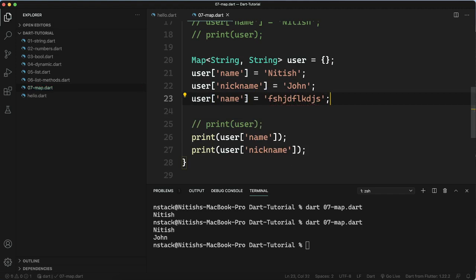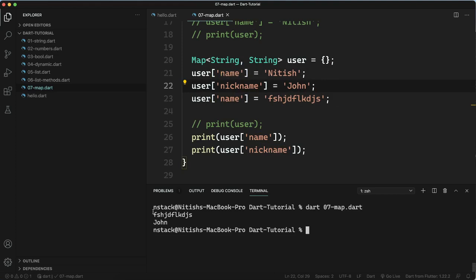Now we have name as the key two times. Let's see what happens. You can see that we are getting the random value, which is the latest update. The earlier one will be forgotten because this is the latest update. We will always get the latest change which we have made.